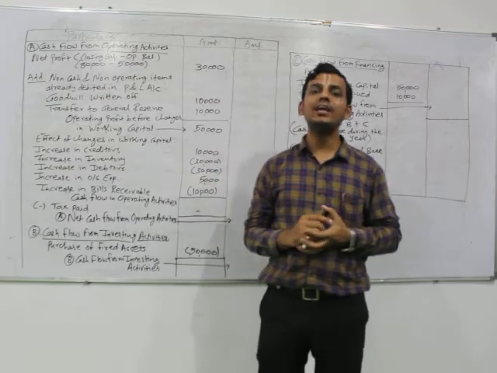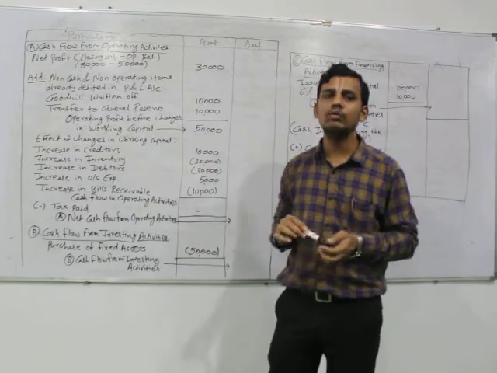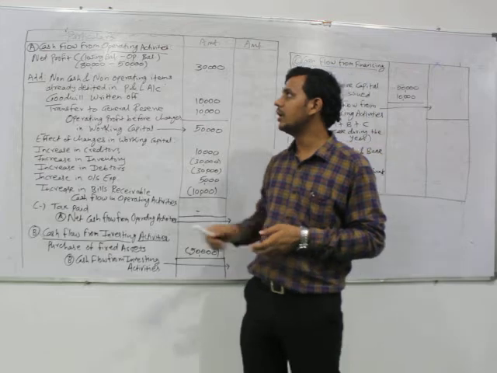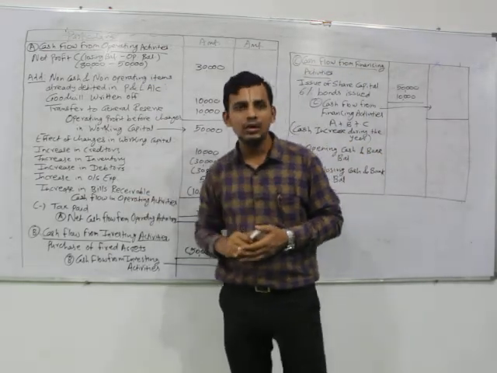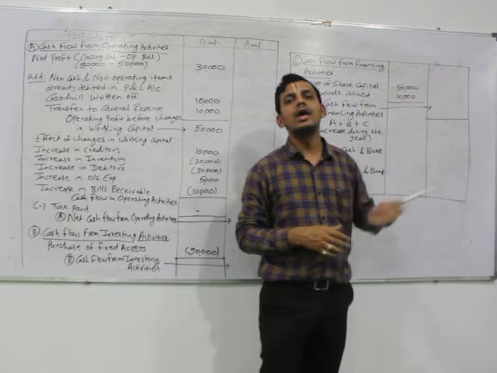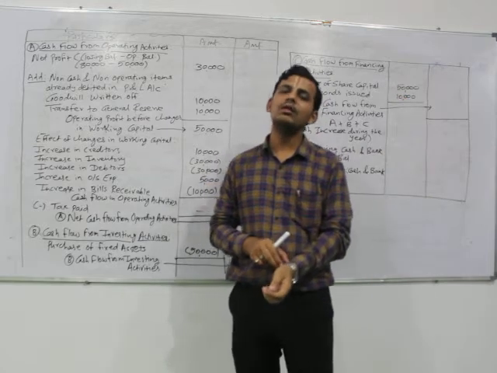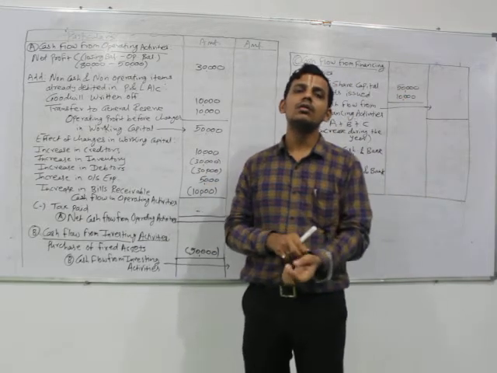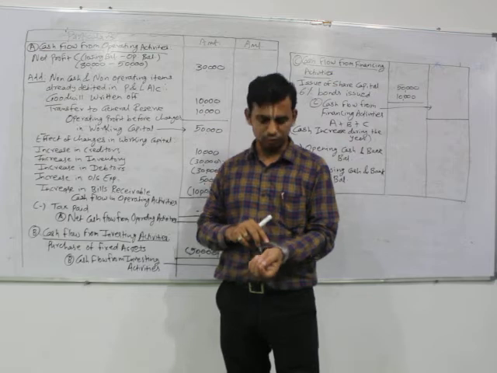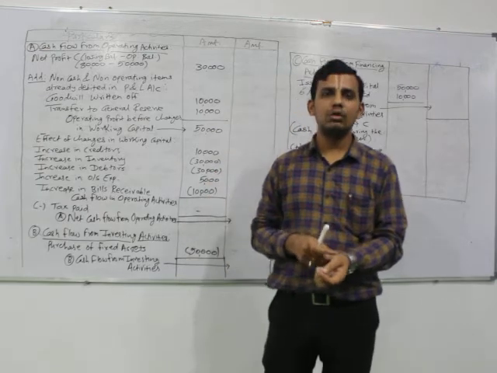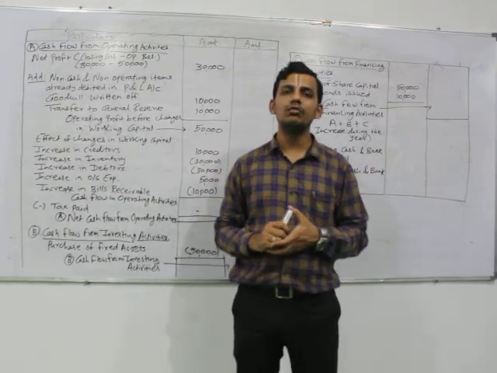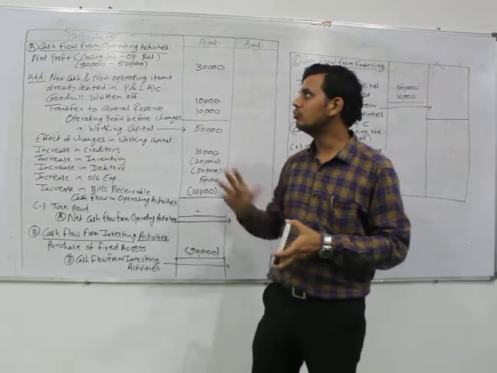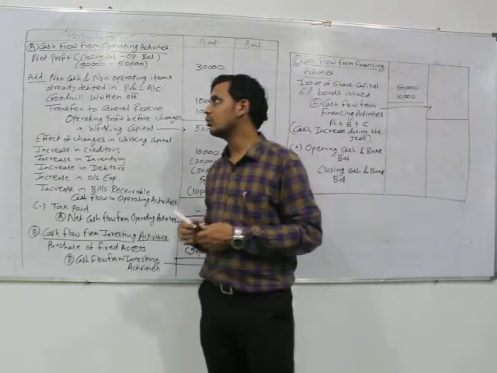Though we do not need the full-fledged solution, we must keep in mind which activities come under the head of operating, which come under investing, and which come under financing. In the earlier video, we have seen in detail the format of cash flow statement. The link for the question is attached in the description box of the video. Kindly refer to it for the question, whereas the solution has been provided here.